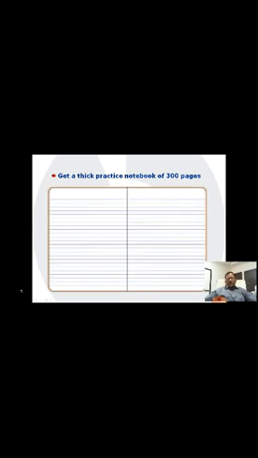What you should do, first you should get a thick, large register, at least of 300 pages or so, A4 size. This register you keep for practice. Whatever preparation you do, you'll be doing in this register only. Now the first few pages of this register, you just set aside. You give a reference to this and go on taking some useful references. For example,